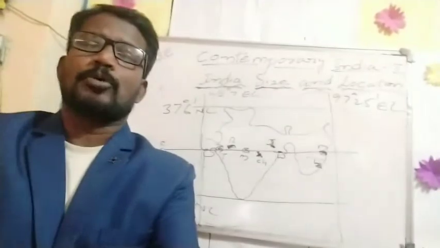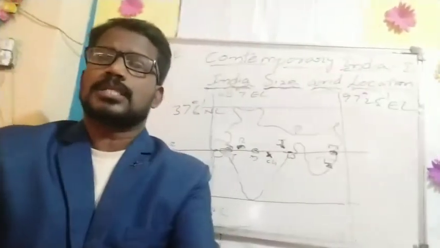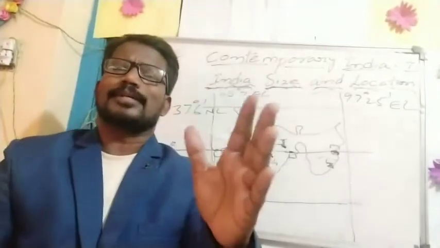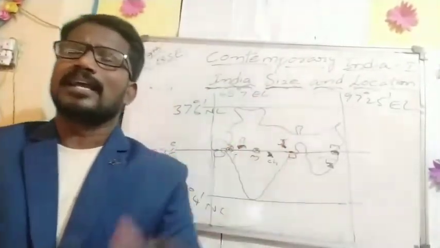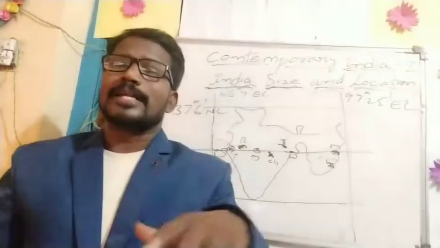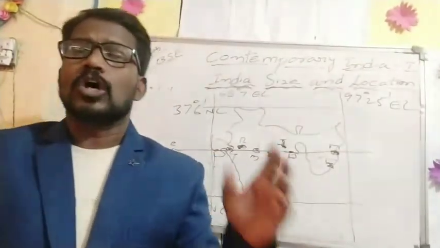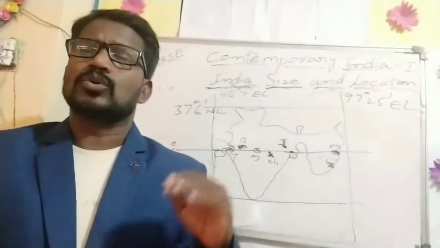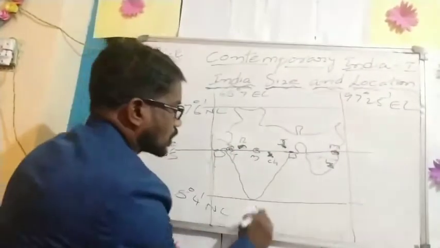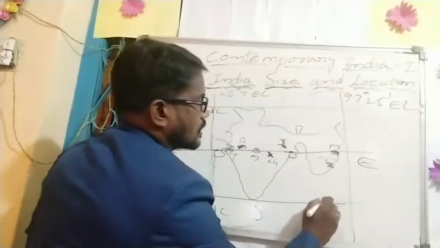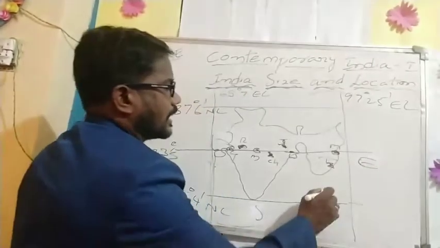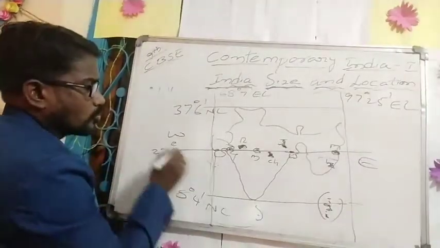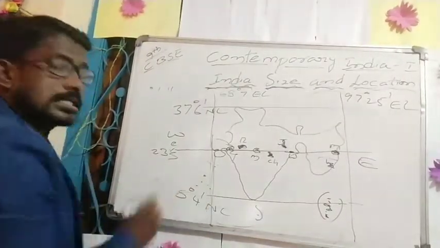And next, more important, to the southeast. If we look at the Indian location, to the southeast are the Bay of Bengal and also the Andaman and Nicobar Islands. Okay, southeast, the Andaman and Nicobar Islands also, and also southwest. So in the southeast we can see a group of islands, the Andaman and Nicobar Islands, and in the southwest corner we can see Lakshadweep.